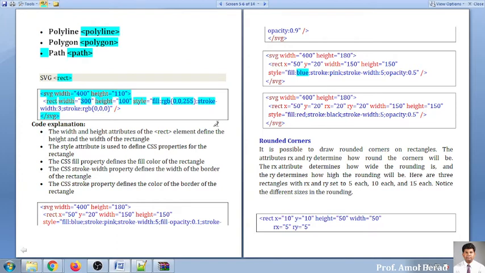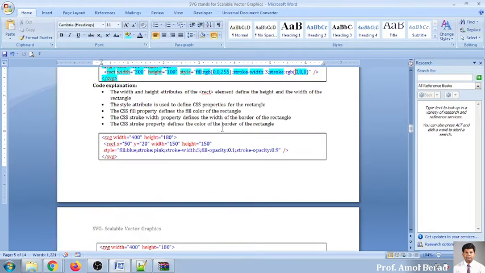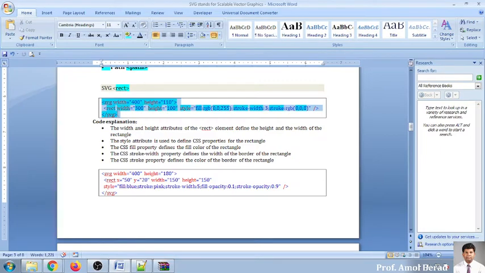Stroke means what? I want to give some border to this. So we have already used these keywords in canvas. So stroke will be giving width. Stroke width is one of the attributes I want to set so that the border will be 3, and stroke will be given a color. So 000, this will be the color given to your rectangle for the purpose of giving a border. So I am just copying it and I will paste it in front of you.